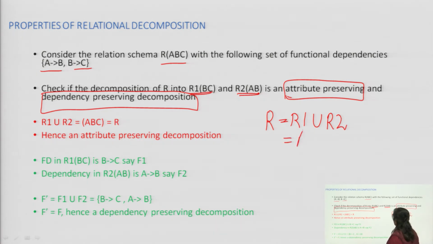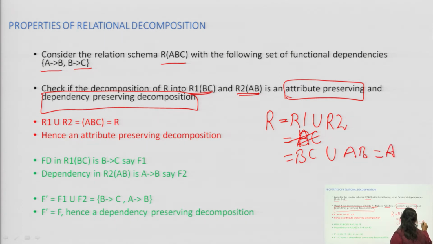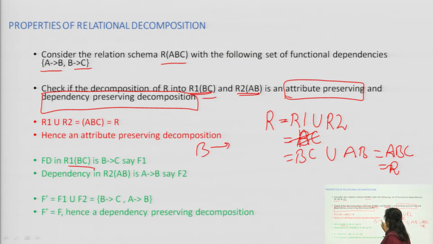So, R1 is what? R1 is BC, R1 union R2 is BC union AB, which is equal to ABC. We are getting all the attributes of R. So, we can say that R1 union R2 is equal to R, hence it is an attribute preserving decomposition. Now, over here let us say FD in R1 is B to C. In R2 it is A to B, right.